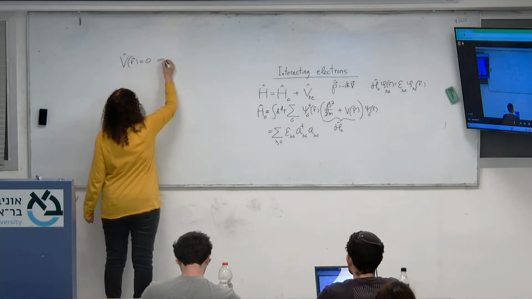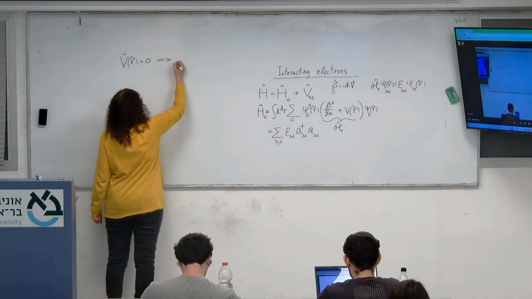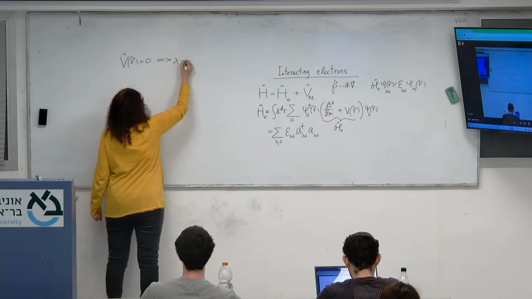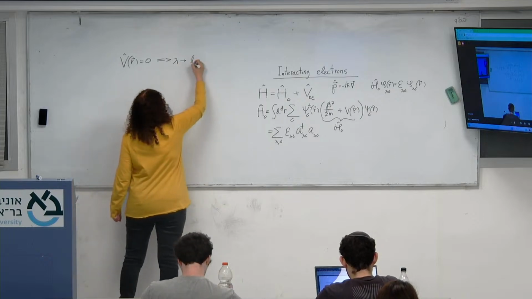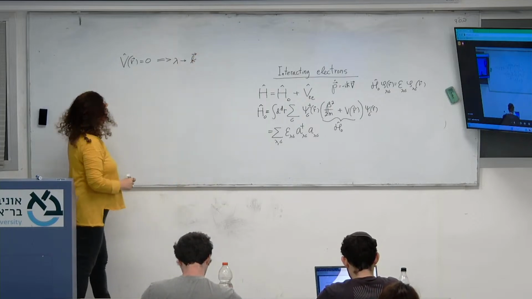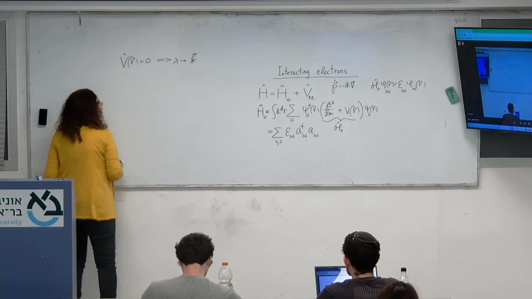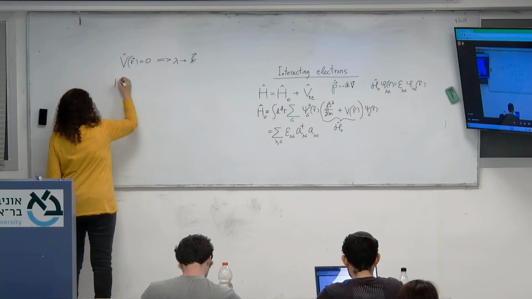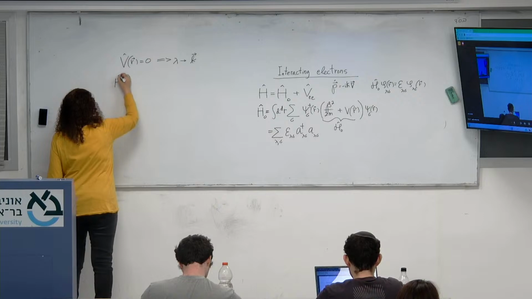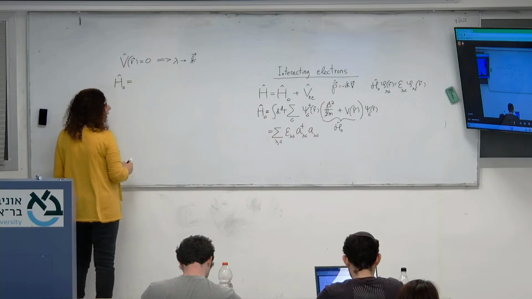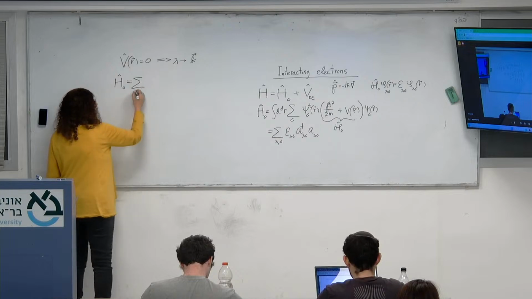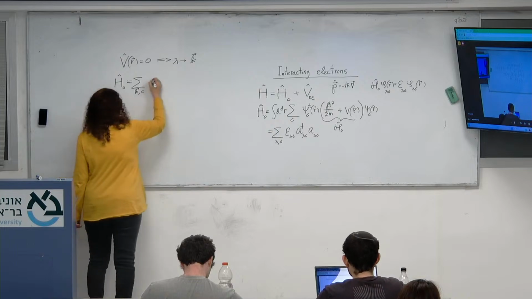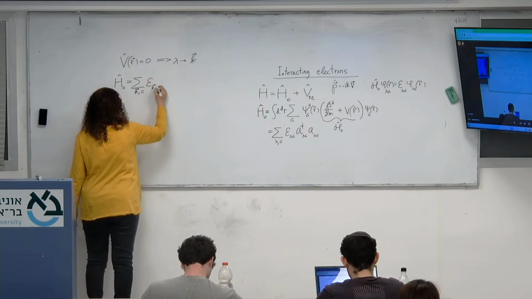That's the case where we have the free electrons. So the lambdas are in fact k vectors, eigenstates of the momentum. And you just have kinetic energy, and H naught can be written as a sum over k and sigma, epsilon k sigma,